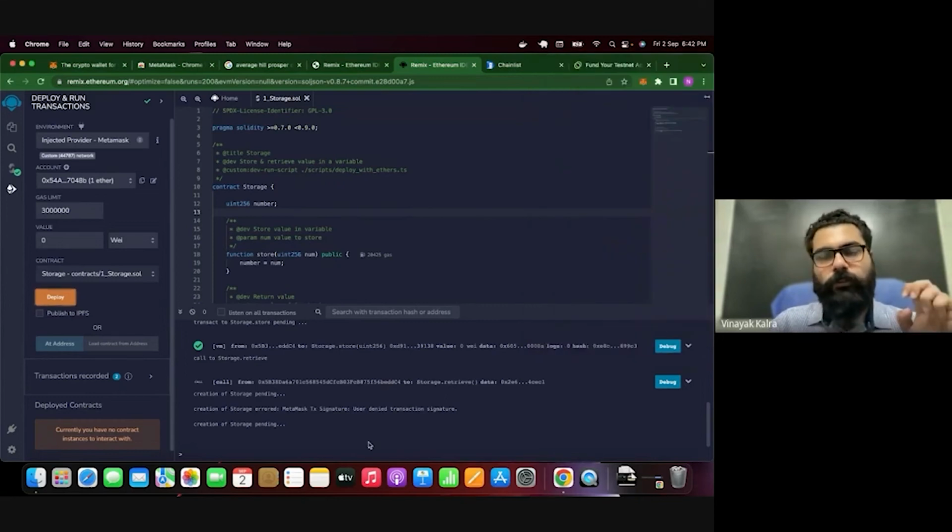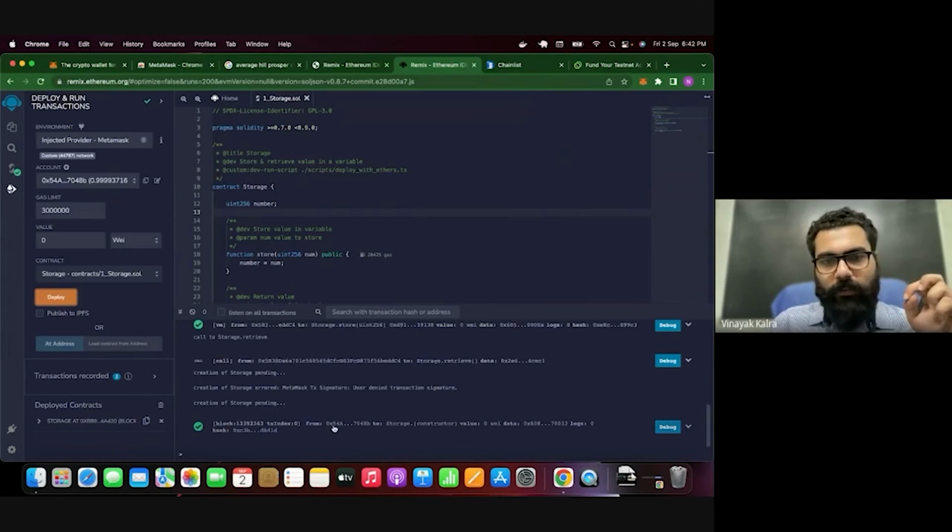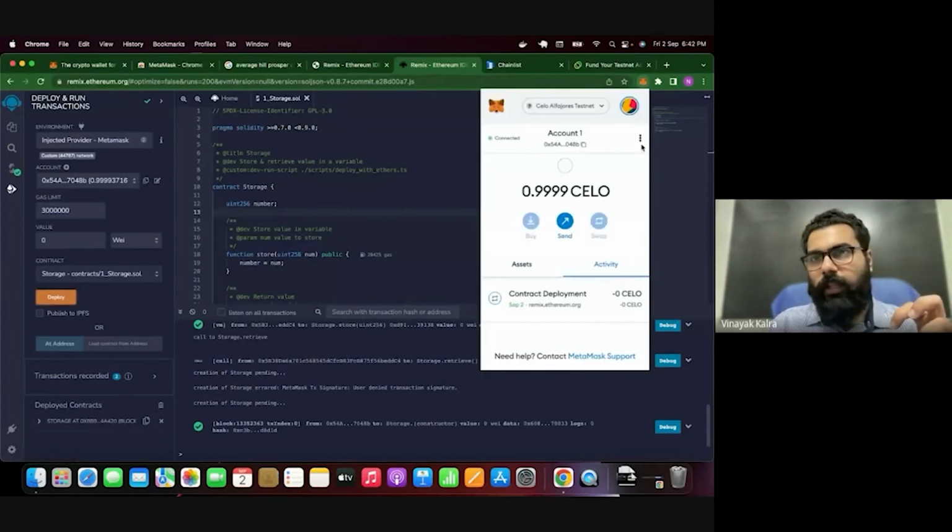Let's confirm the transaction. After some time, you'll see that the transaction is successful, and we have the transaction here right now, and there will be some Celo that is deducted from your account too. So this is a transaction that you've done on a blockchain right now, even though it is testnet, right? So if you were following, you did your first step towards becoming a smart contracts developer, right? And even if you're not, I think this is interesting enough for you as a developer to go ahead and check for possibilities